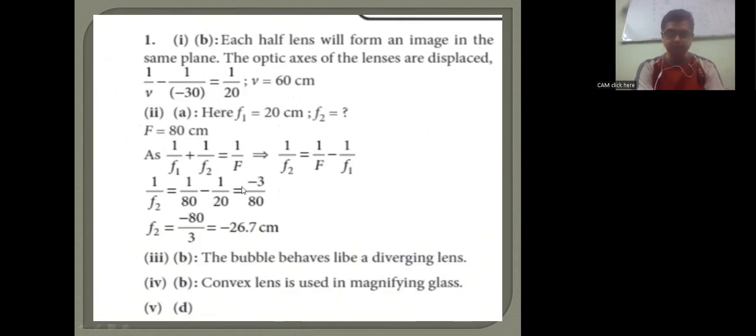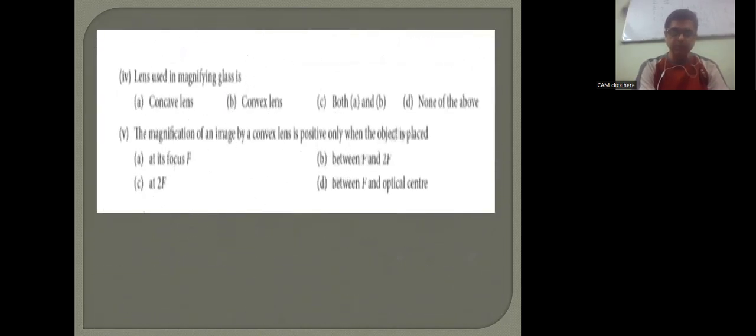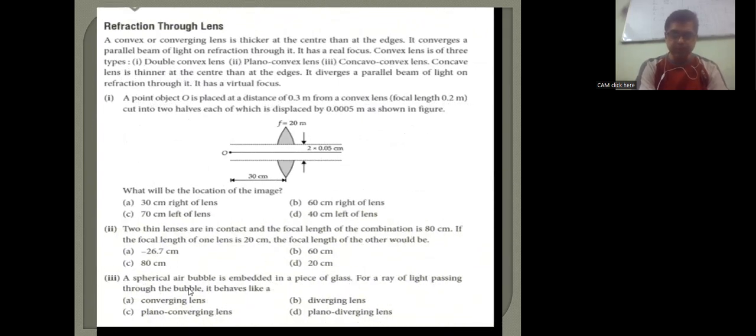Now come to the third one. Question 3 was, if a spherical air bubble is embedded in a piece of glass, for a ray of light passing through the bubble, it behaves like. Now student,